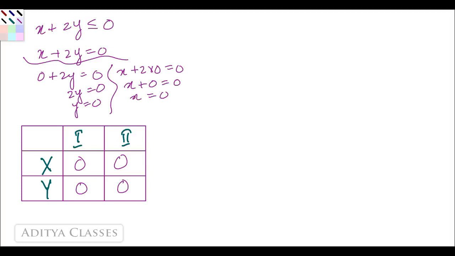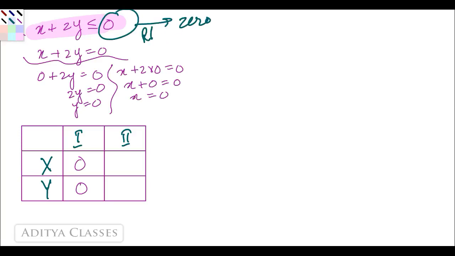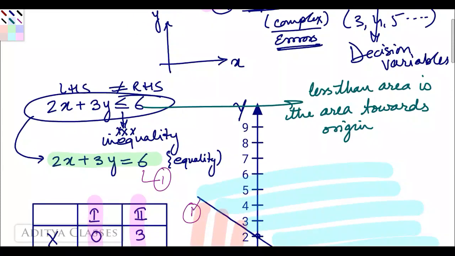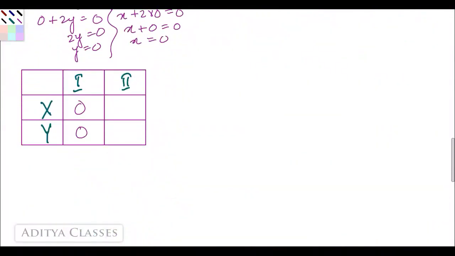I need 2 points to plot, but I am getting only 1 point because these both points are same. So, in these kind of problems where you have RHS as 0, these are little typical ones where we cannot follow our rule of less than area being towards 0. We cannot exactly follow this rule. We need a slight variation of the rule, and that variation would be,